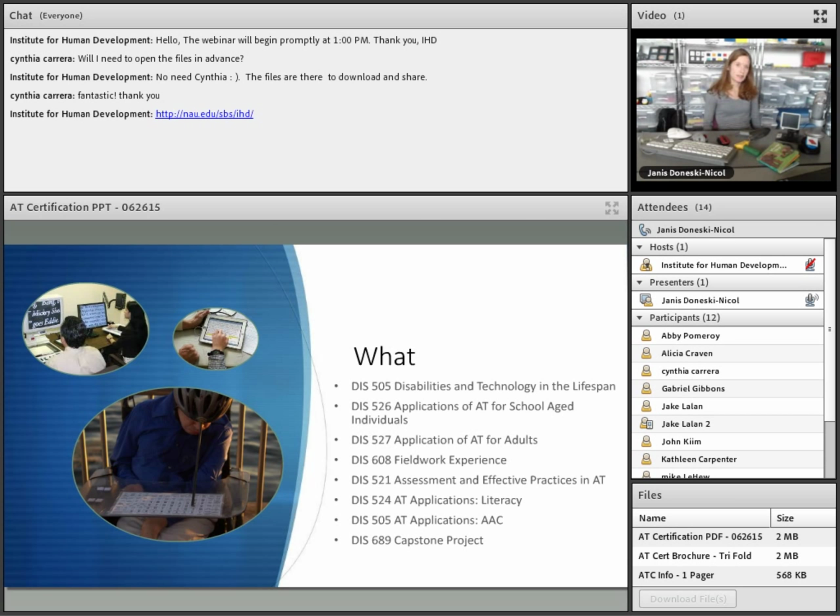Some of that technology is going to be as simple or basic as a pencil grip to hold a pencil, whereas higher tech technology might be using Dragon and Read and Write Gold and Kurzweil and a variety of different higher level softwares to support someone in an academic or workplace environment where they need access to written supports and